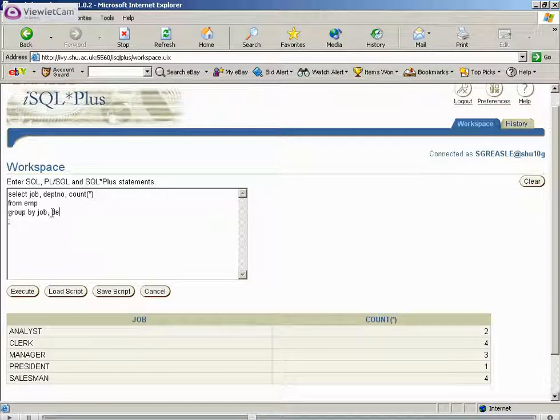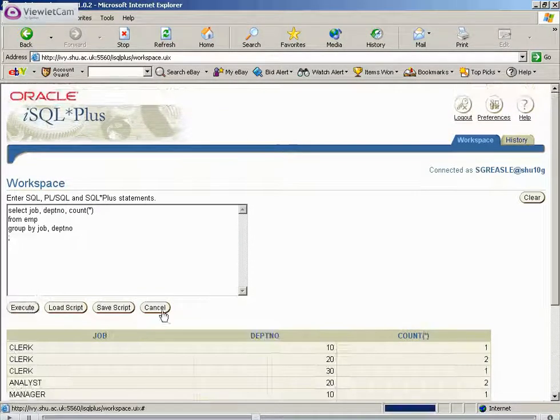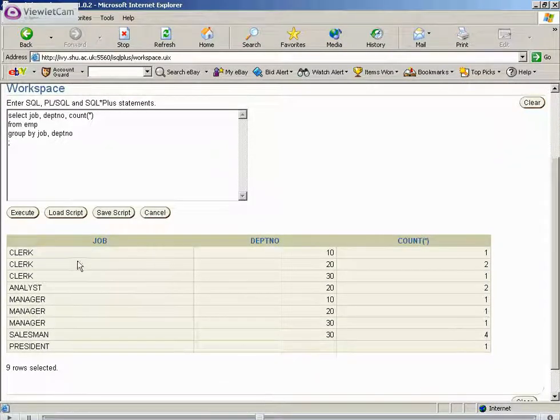So that is the basic use of the group function. We can then dig deeper into this and say how many people have a job within a particular department. So department number,